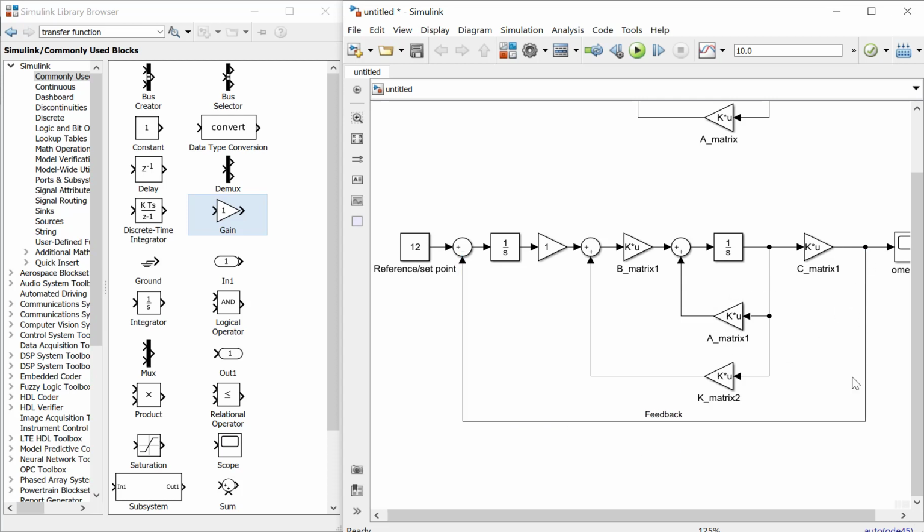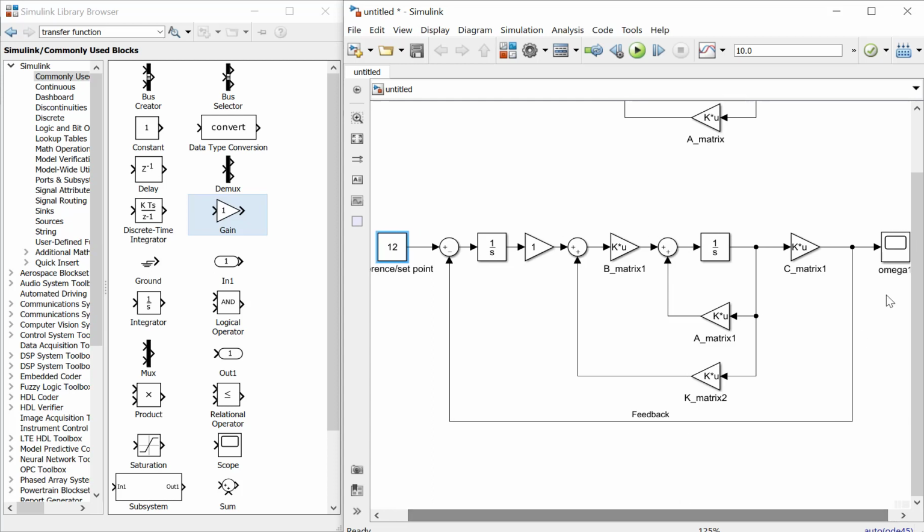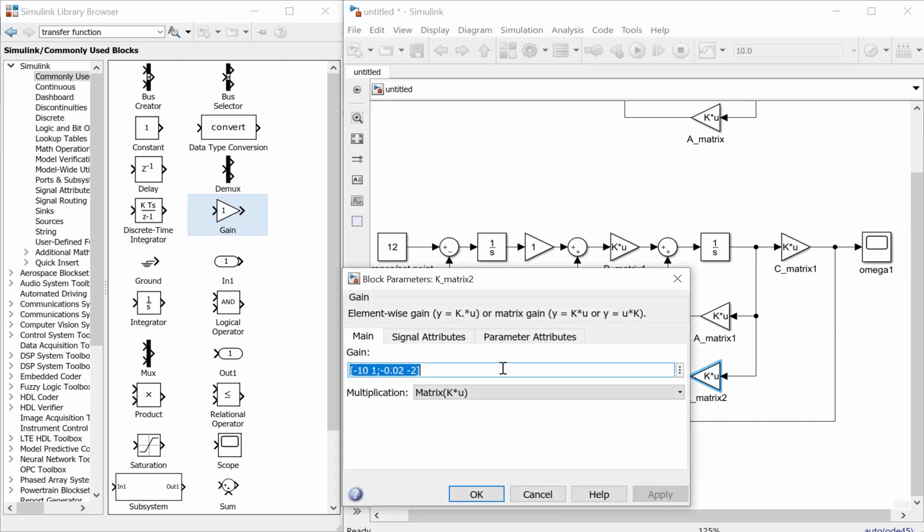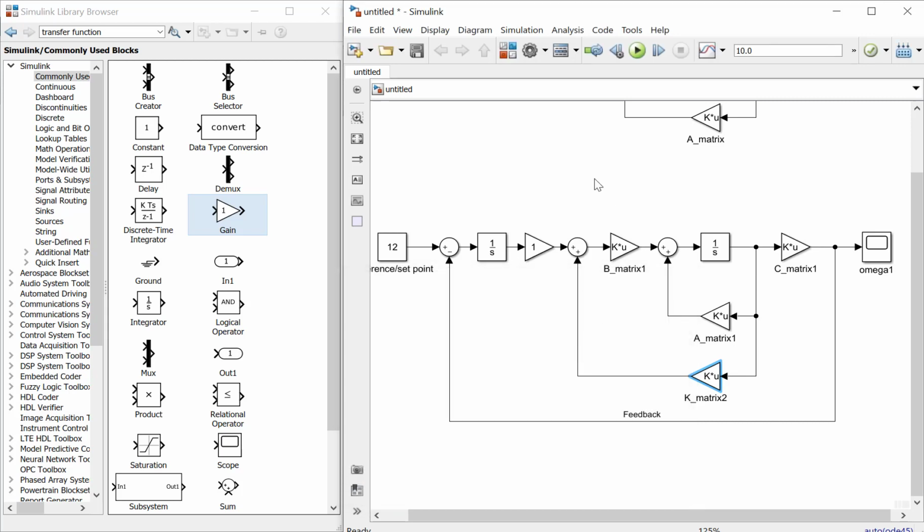So we need a rotary encoder or other sensor to calculate the angular velocity, the omega, and then we can fill in this value. I think we need to change to P5 here. Okay, and then we can run the simulation.